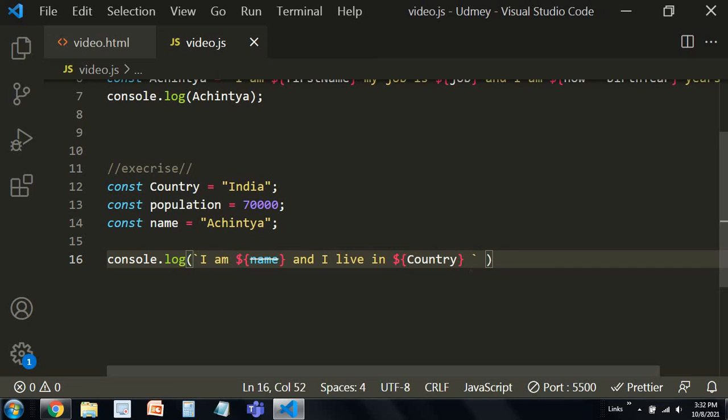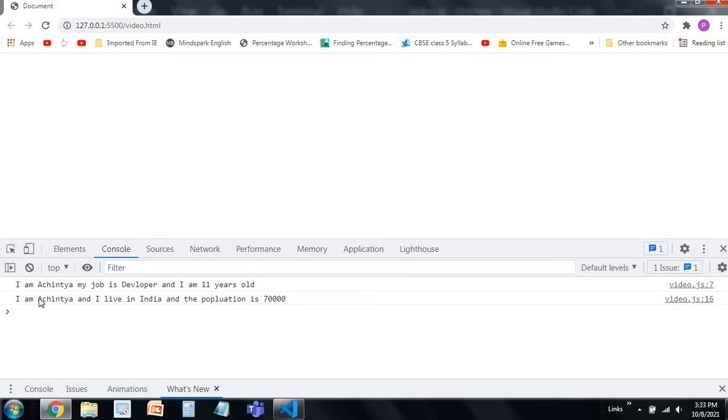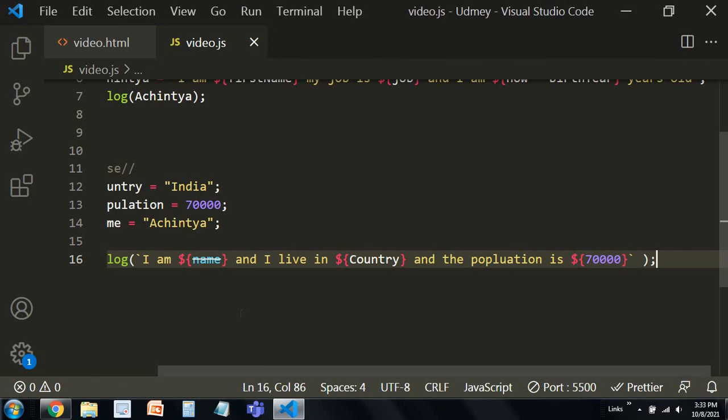Then and the population is, give the population, 70,000. Now I'm going to close this, and you can see that I am Achintya and I live in India and the population is 70,000. So you can use template literals in this way.